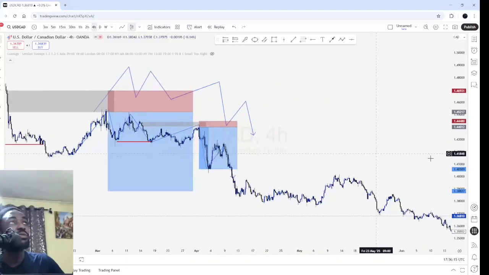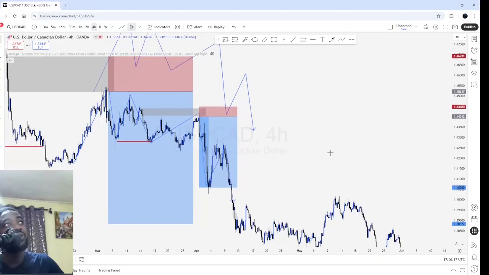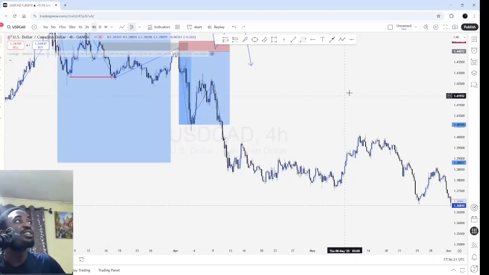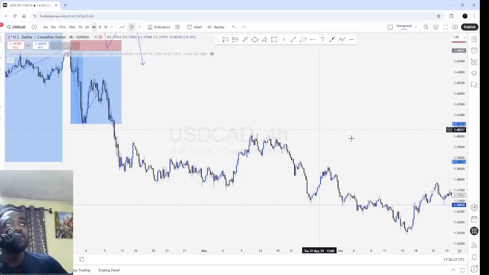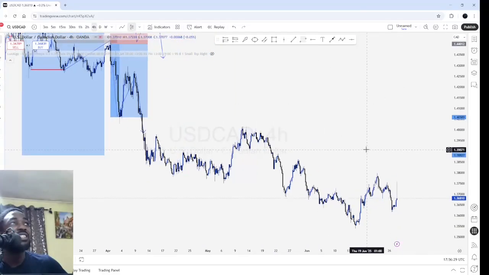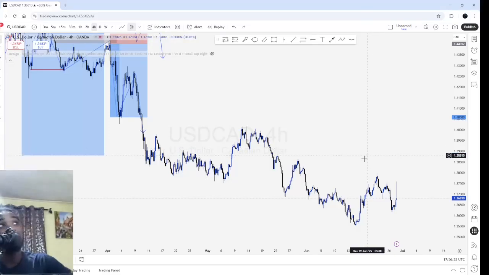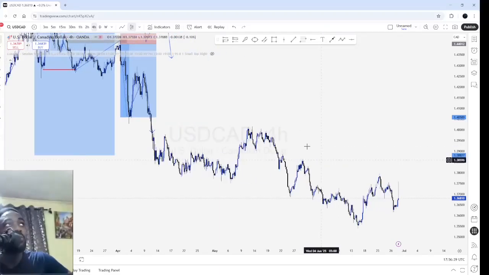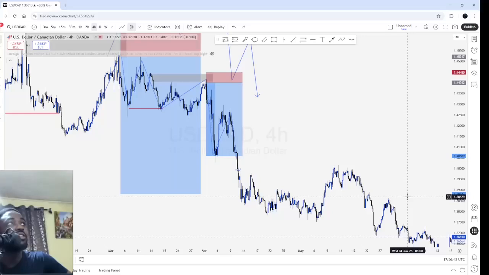It's something that repeats over and over again. The only thing you need to add to it is that you need to know your risk management. When you get your risk management right, then you are good to go. You don't need much. I told you, you don't need much technicals in this. It's just one or two things you need to identify. When you identify them, that's all. You just keep on building up on it.